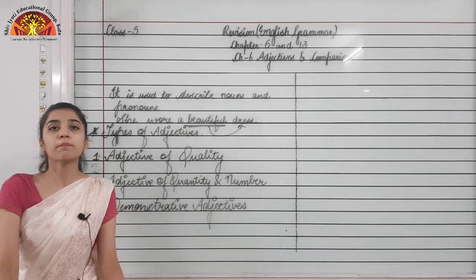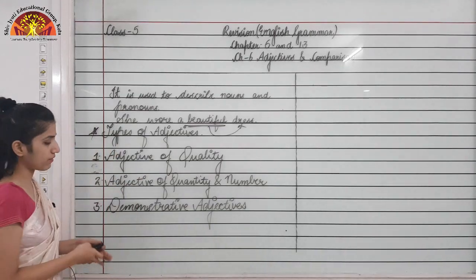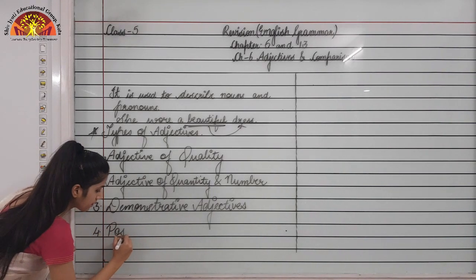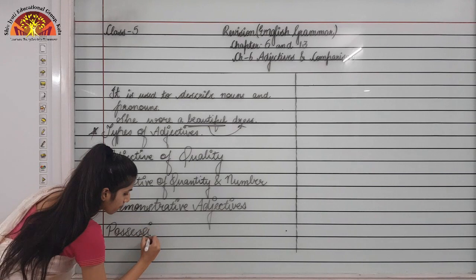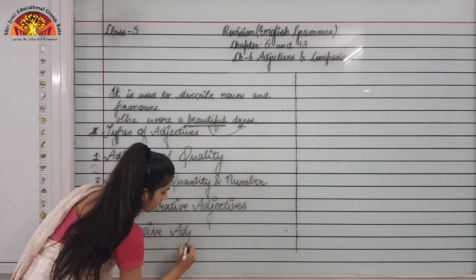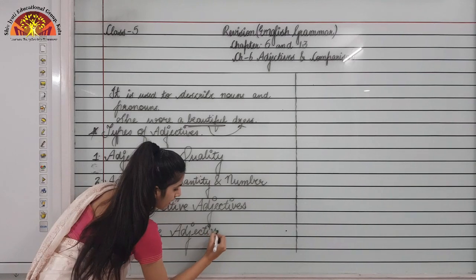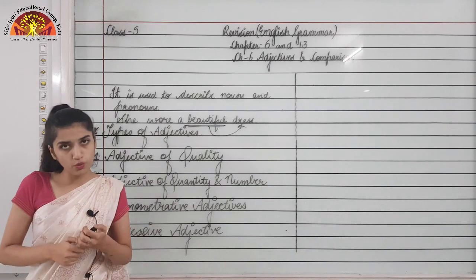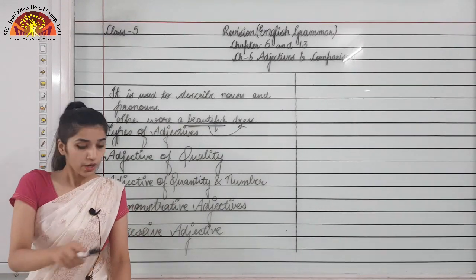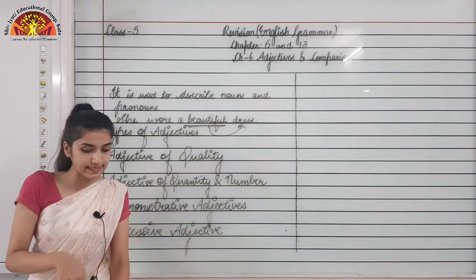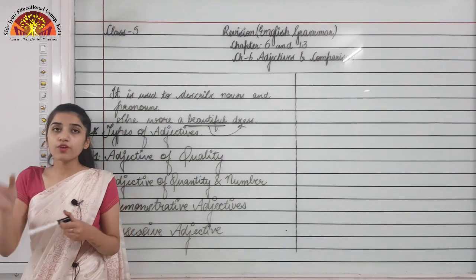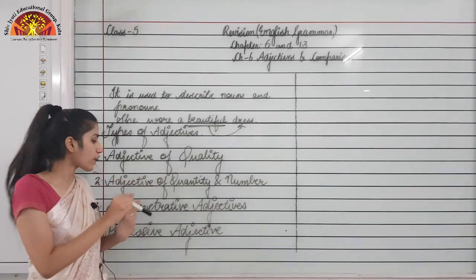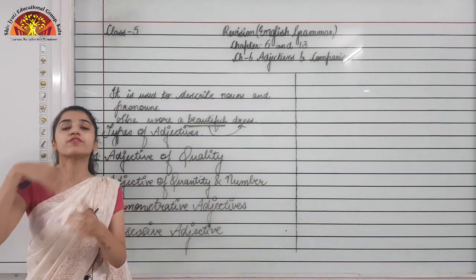Now moving to the last type of adjective, that is possessive adjectives. The fourth one is possessive adjective. What does a possessive adjective show? It shows possession of something. You can find it on page number 26 of your book. If you have to find a possessive adjective, you have to question it with whose, because we are showing the possession or belonging of something over here.